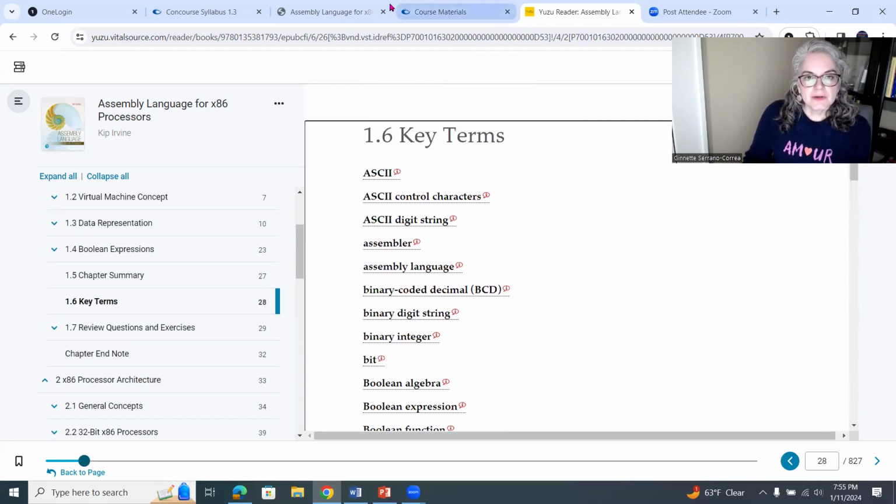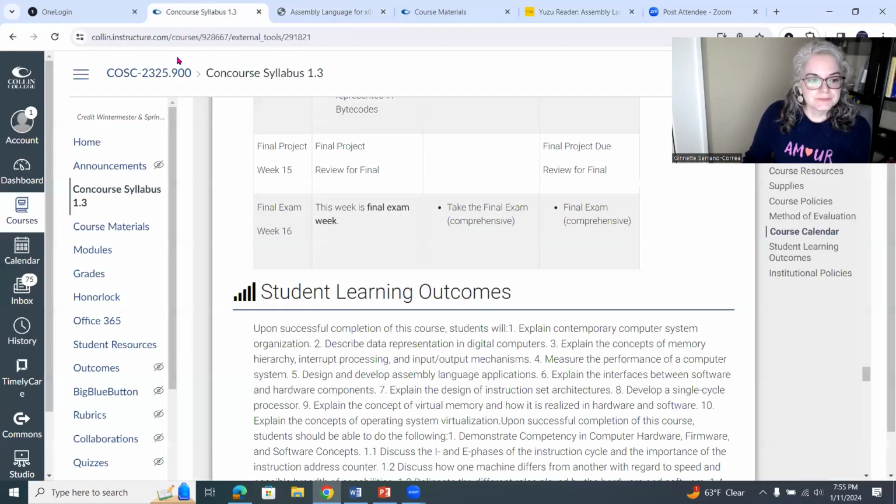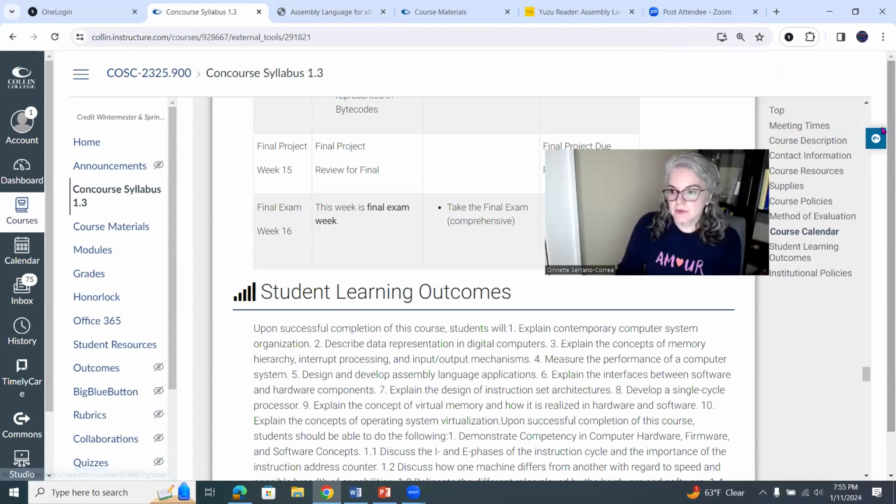All right, so that's our book. And then, so we have course materials. That's where the book is. We saw the syllabus, announcements, modules. Let's look at grades next. So looking back at student view. So this is where you're going to see your grades, and